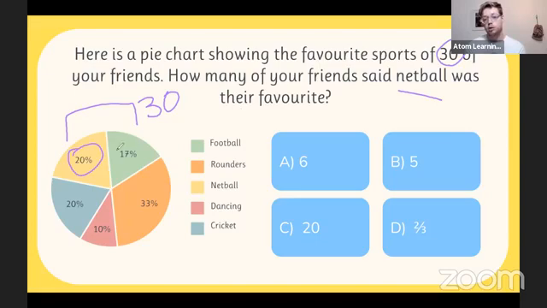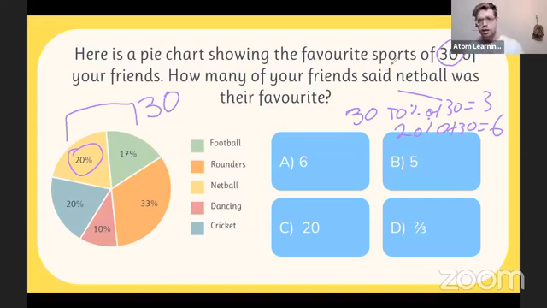To work out 20% of that, if we get our 30, the way I do it, I like to keep things simple for myself. I work out 10% first, right? 10% of 30 is going to be 3. So I know that 20% of 30 will be 6. I've just doubled it. Again, percentages can seem really scary, but I think 10% is quite an easy one to visualize. Especially with a number that ends in a 0, you just chop that 0 off, boom, easy, we love it. And then to get 20%, we just double it and get up to 6.